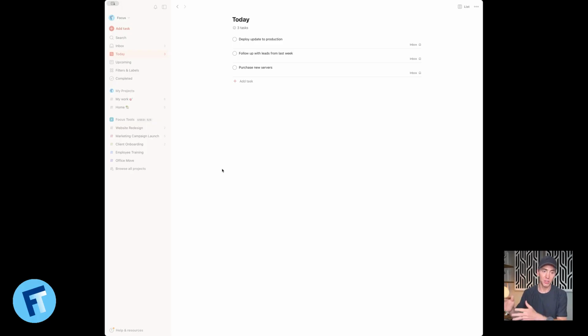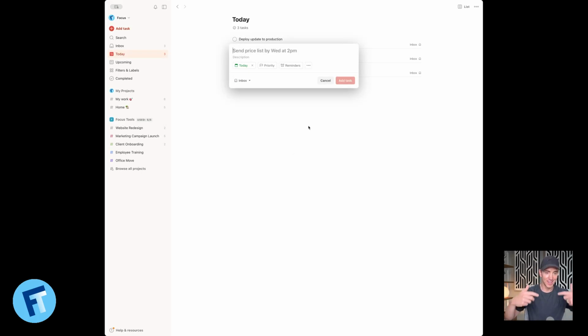The other thing that Todoist has gotten right from the start is natural language processing. They make it super simple to take an idea in your head and to capture that quickly into Todoist. So how do we do that? You just hit Q. That brings up your add a task dialog box. And you're going to see as I add this task, me using natural language processing. So I don't have to lift my fingers from the keyboard, use the mouse, click a bunch of things. I can just add the entire task, assign it to the right person, put it in the right project, give it a deadline, all from my keyboard.